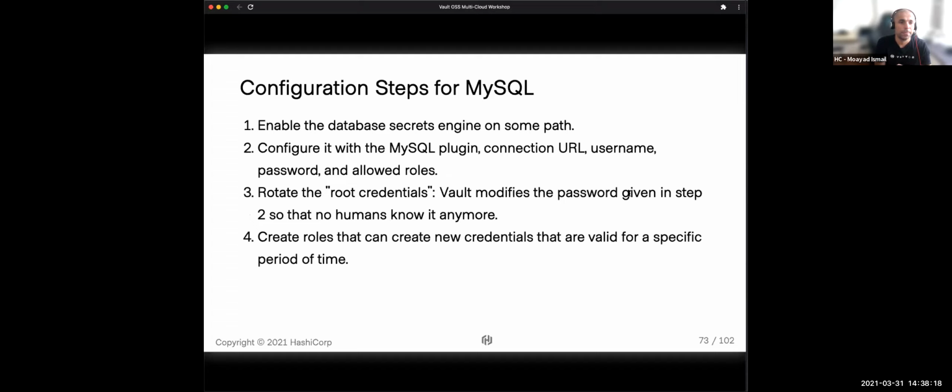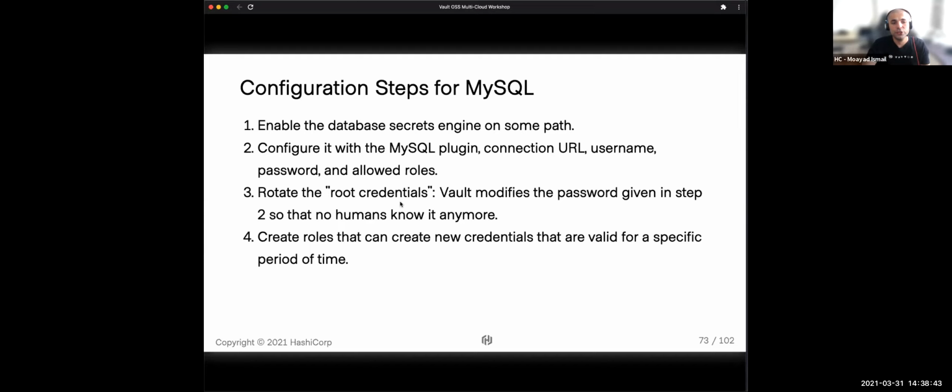We've already covered the steps here, but just to quickly recap: you enable the secret engine, and you specify the plugin with the connection URL, the username and password. So you typically create a service account for Vault to have permissions to connect to the database. Those permissions will allow Vault to create users and remove users, create credentials and remove credentials.